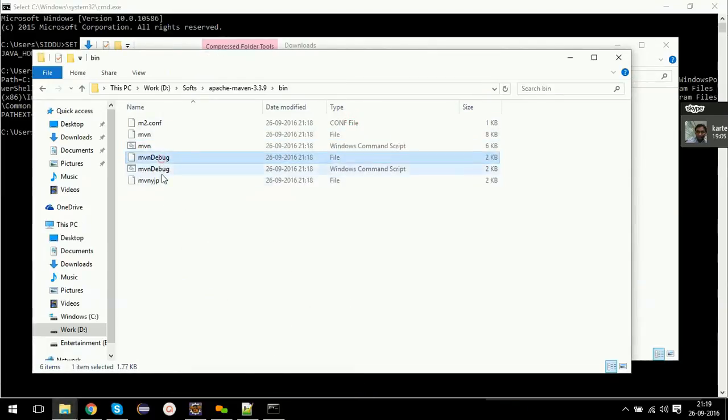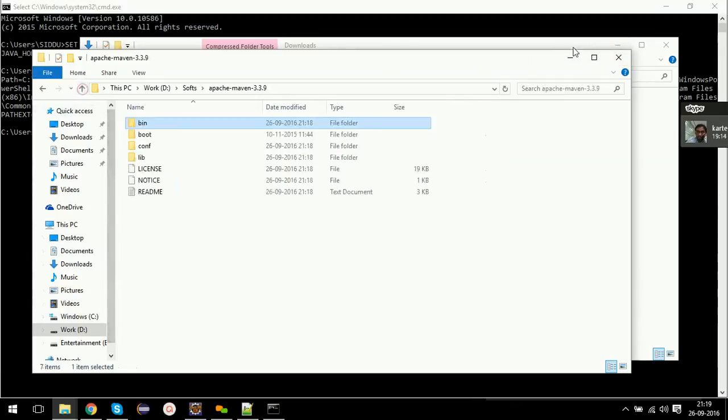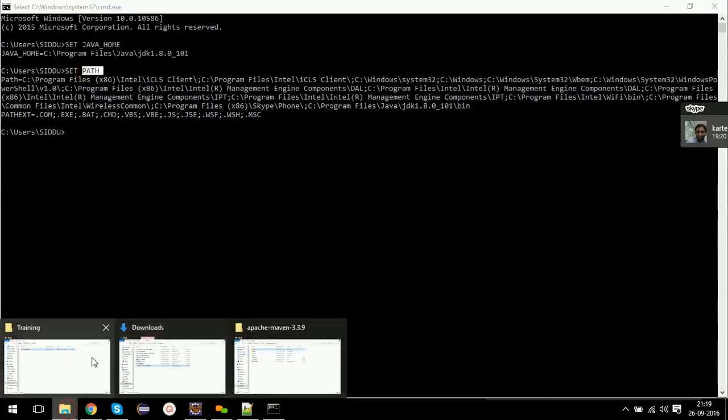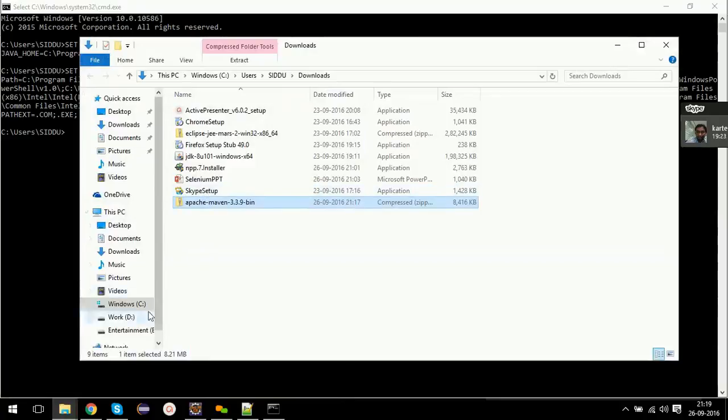Okay, they can be run from the command line. I have Maven here. Before that, I was talking about the path variable. Java home is just the home location. If I go here, see,